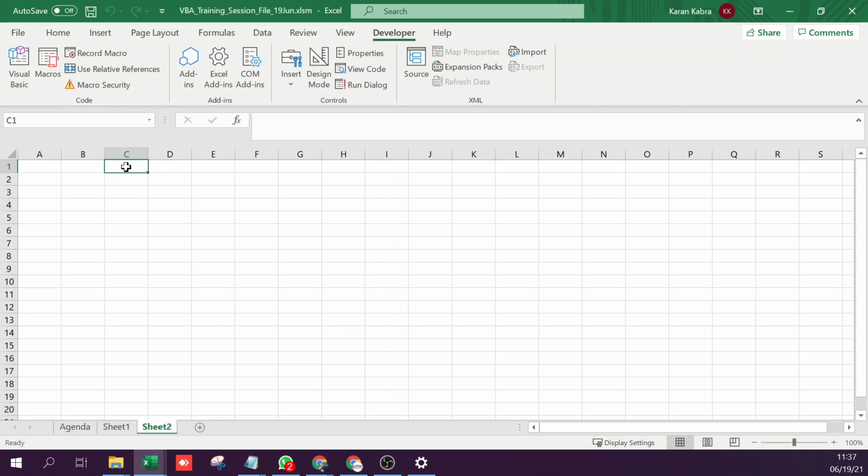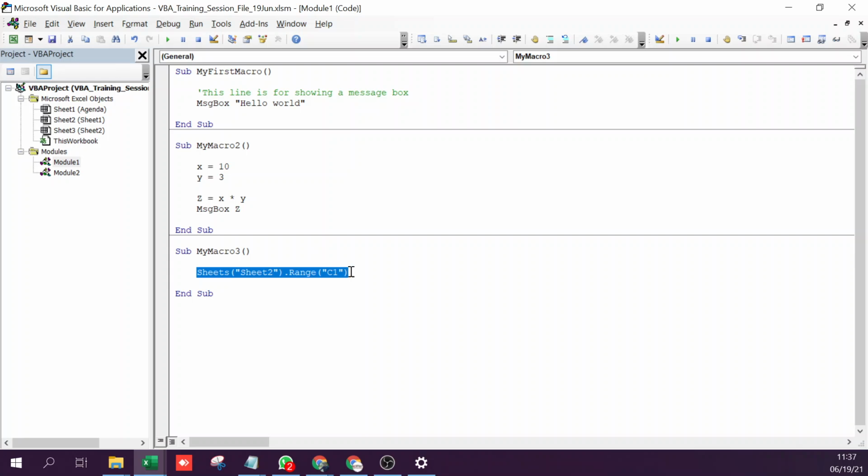Now, what do you want to do with this cell is what you write after this. So there are multiple properties of each object. This is an object, right? And the most common property that you will use maybe 90-95% of the time is dot value. This is the most important property, dot value. Because normally whenever you write code, you're basically manipulating values or maybe color or something, but that's something that can be very easily recorded. You don't even need to remember that. What you need to remember is dot value as the most important property.